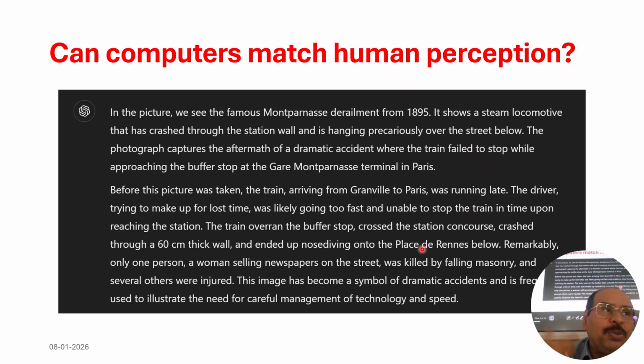Now let me ask you one question. Can you develop an algorithm in which this image is given as the input and the output is given as this particular text, whatever is written here? Is it possible? Think about it. I'll give you some case studies wherein you can work about all these things.